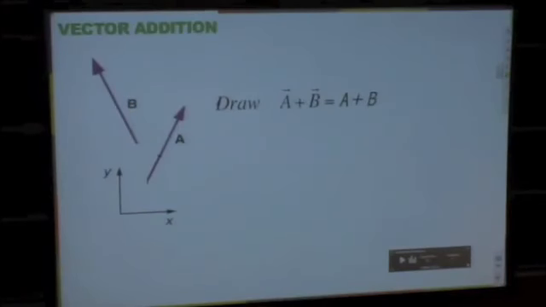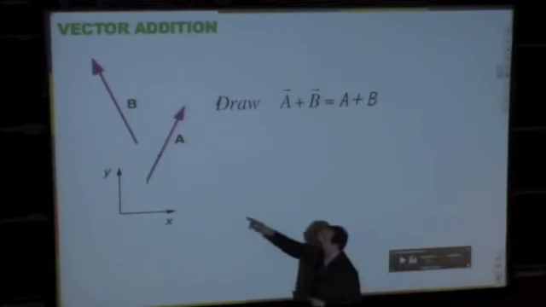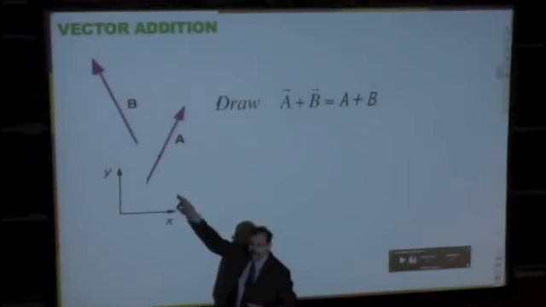We can add, subtract, multiply, divide numbers. We also need to know how to add or subtract vectors. If you have two vectors and you need to add them up, the first step is you have to redraw the picture. You have to move at least one vector in such a way so its beginning will coincide with the ending